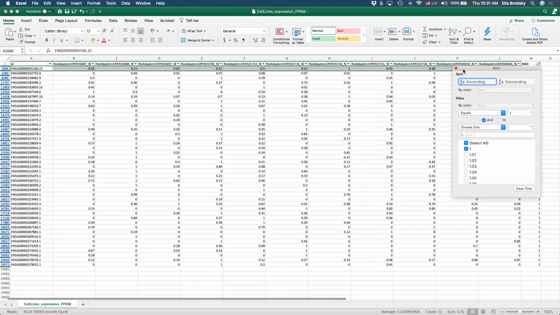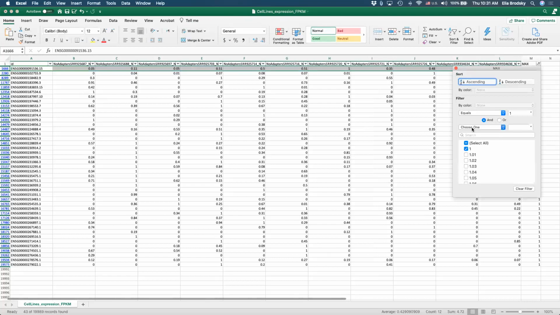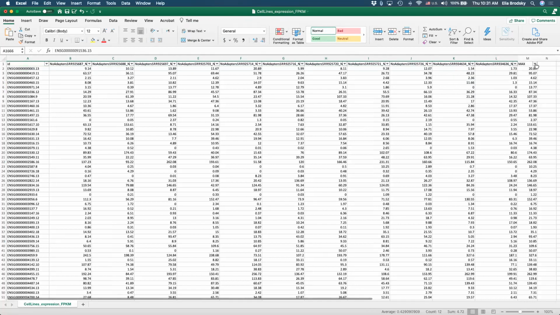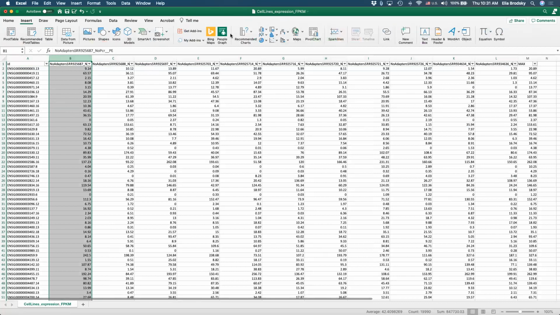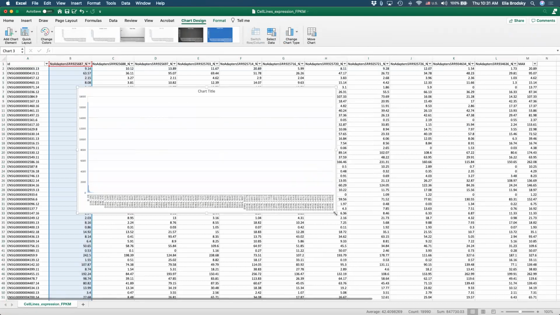Okay, but before we jump into that, let me clear this filter now. Before we actually jump into that, there's another problem. If I take all of this information and draw a histogram, what is this histogram telling me?